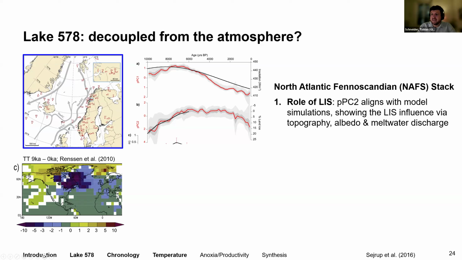And they found a blob of cold anomalies. So the darker the color, the colder the anomaly at exactly this time,